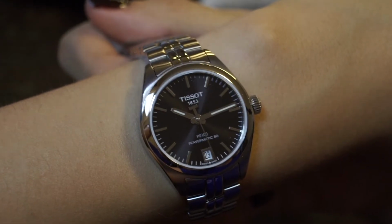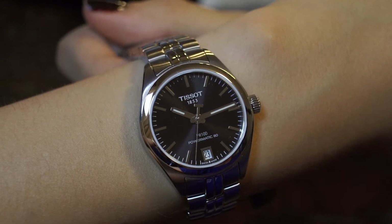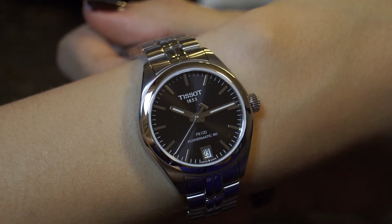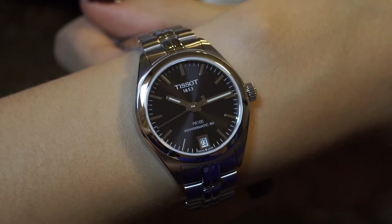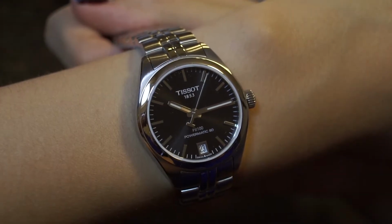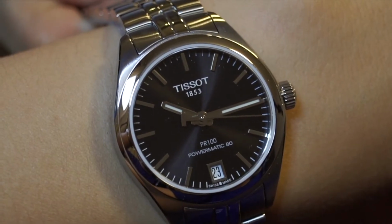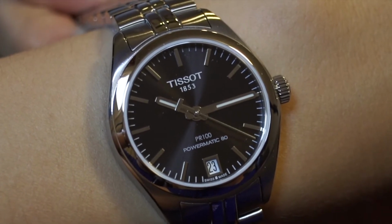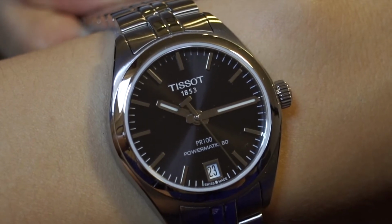You can see that second hand sweeping away in there, 6 ticks of the second hand per second, as opposed to the traditional 8. So it's not as smooth sweeping, but it does have that 80 hours of power reserve as opposed to like 36 or so, which is really, really nice. It means you could put it away for a couple days and still take it out and it would be running. The second hand does have that famous Tissot T counterbalance, and the date down there at the 6 o'clock,